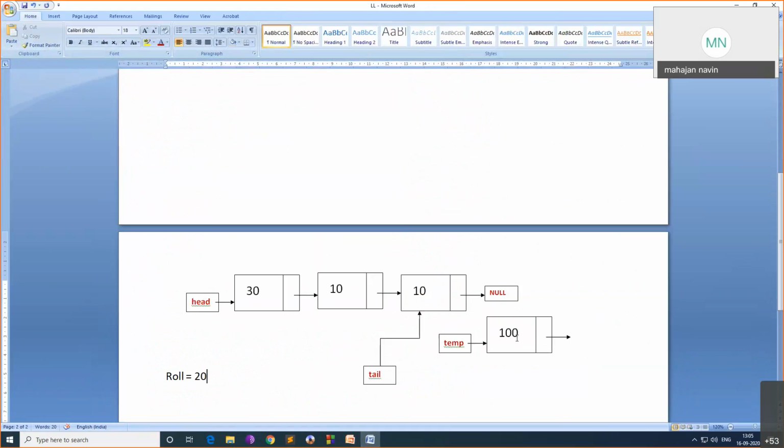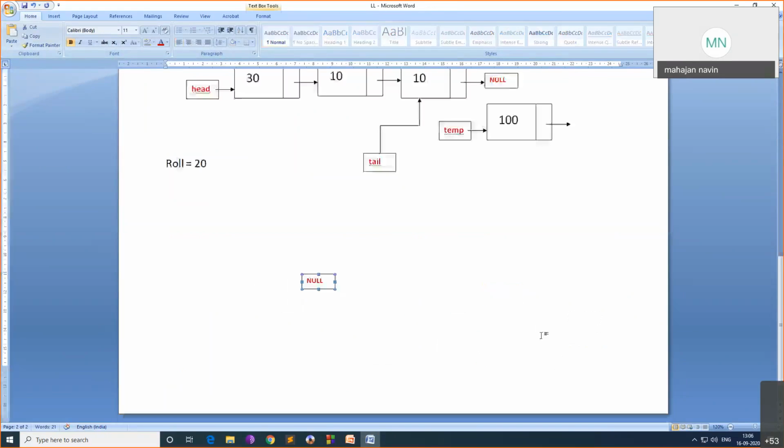In a queue we are always inserting elements at the end, so this temp node will be the last node. So temp of next becomes null. I'll assign null here. Wait, earlier there was a null here. I'll not touch that null. We'll have a new null here.